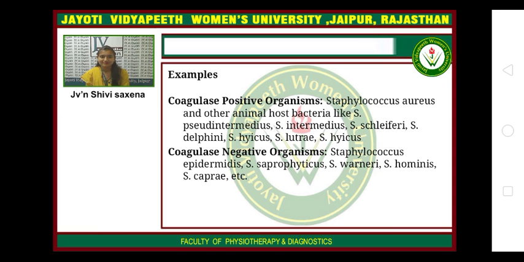Examples: coagulase-positive organism, Staphylococcus aureus and other animal host bacteria, and coagulase-negative organism, Staphylococcus epidermidis